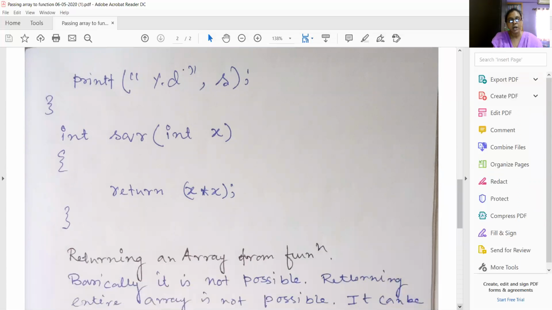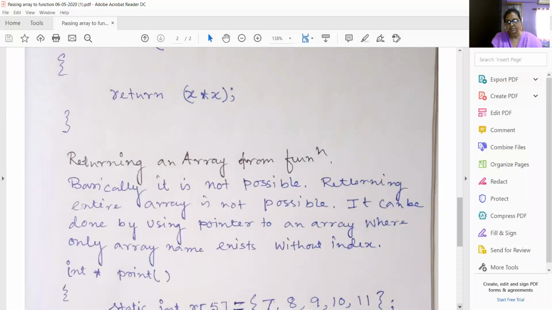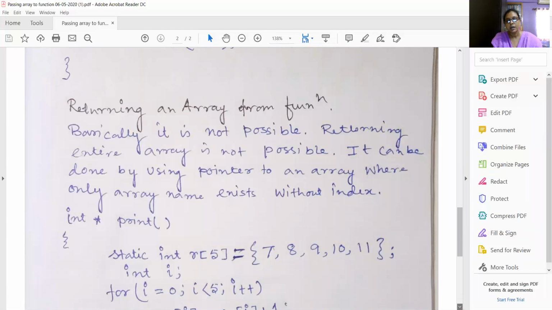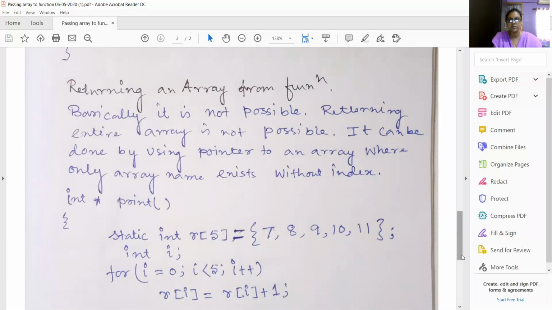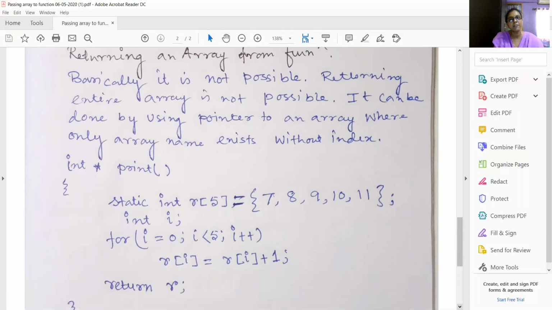Now if I want to declare a return type as an array, that is basically not possible. Why not possible? When I write the return statement, I cannot write return s, s2, s3 in that fashion. I have written return a particular thing, then the function has ended.